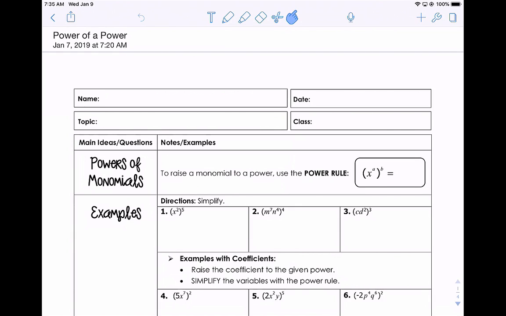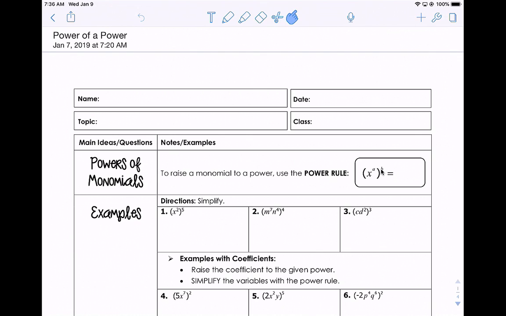Okay, so these notes are going to be on powers of monomials. It's called the power rule. Very similar to what we did yesterday, except notice now we have one variable with two exponents. So yesterday we had two variables and two exponents. So when you have one variable and two exponents, so basically an exponent with its own exponent, now you actually